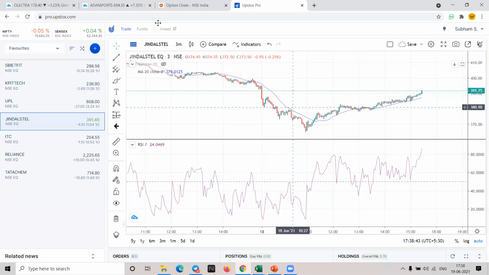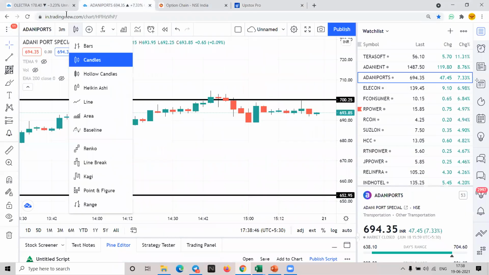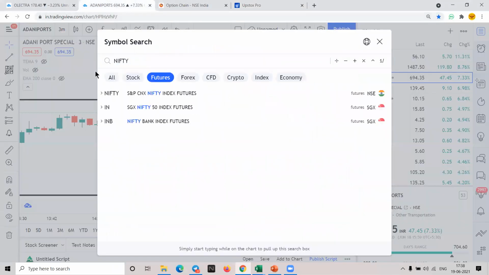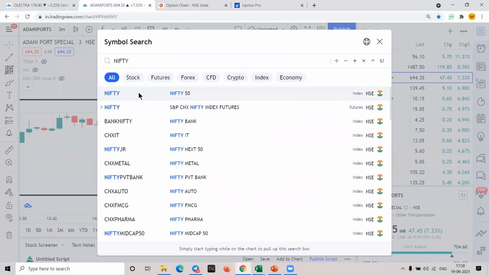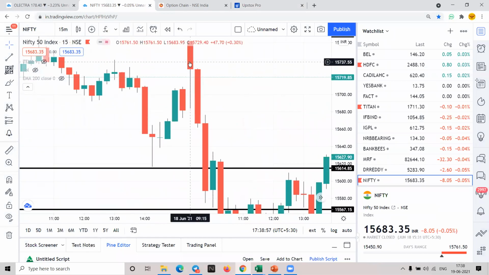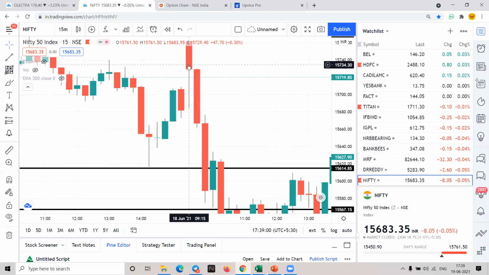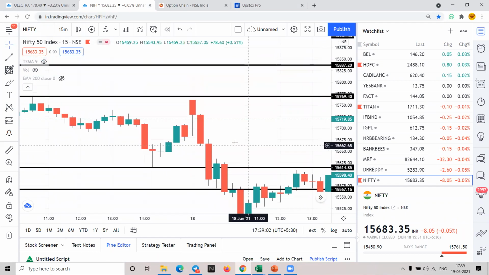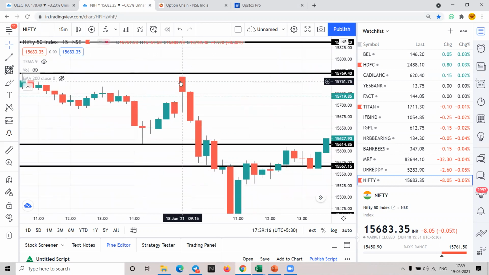Now just look at Nifty and tell me a few things. This is Nifty, right? 18th June Nifty. At what price has it opened? Come on, guys, tell me fast. Be proactive. 15,761. So at the money would be 15,750. If Nifty goes up from 15,750 till 500, the at the money keeps on changing.